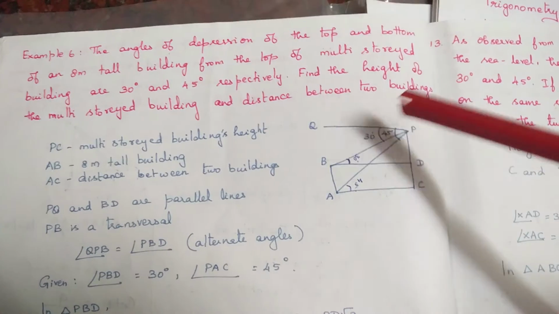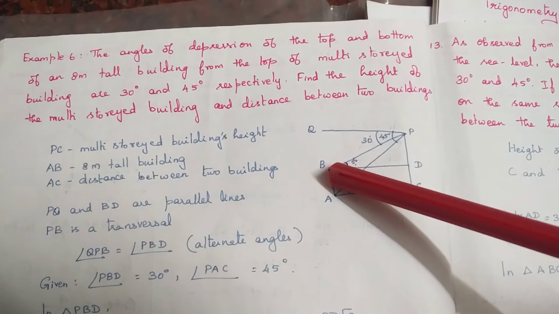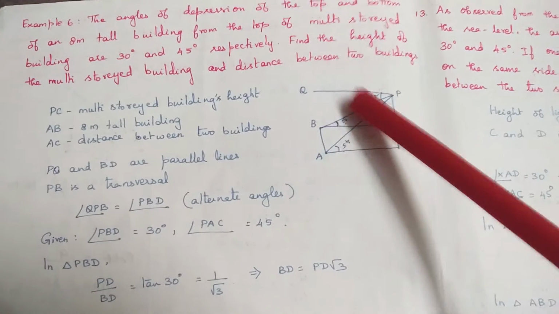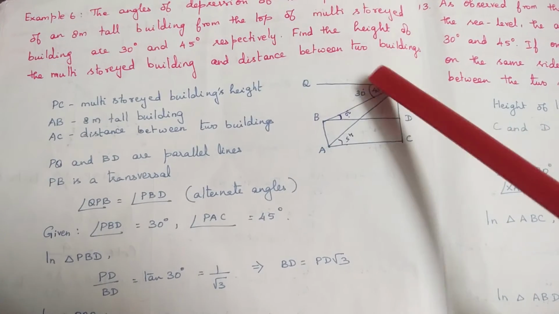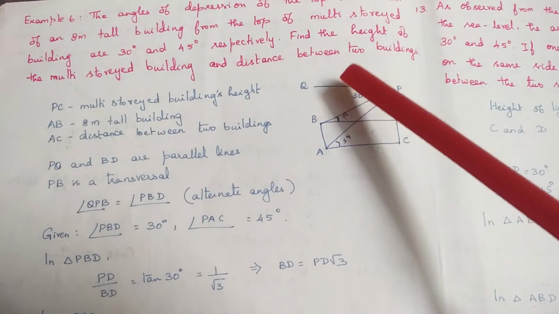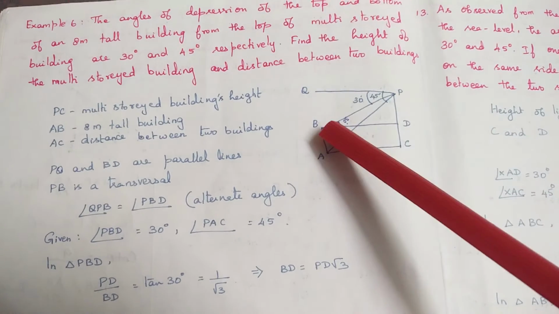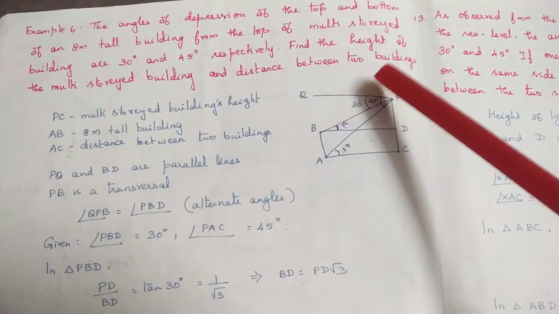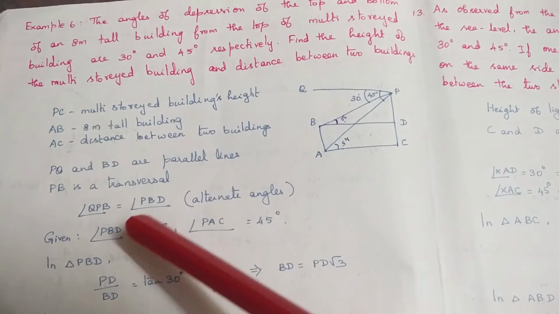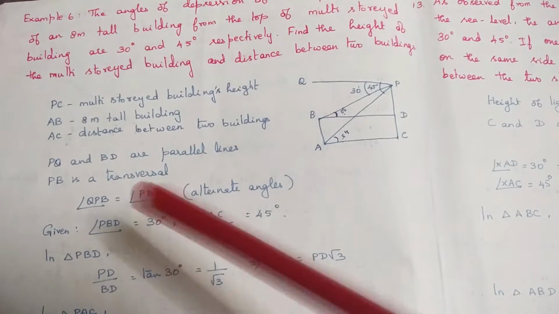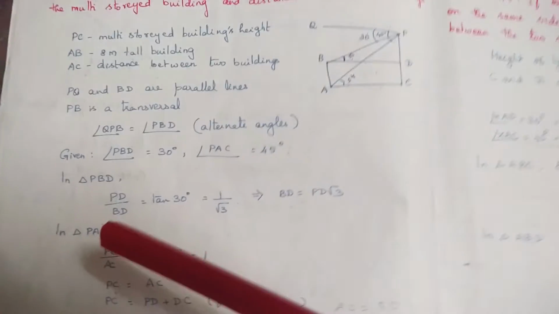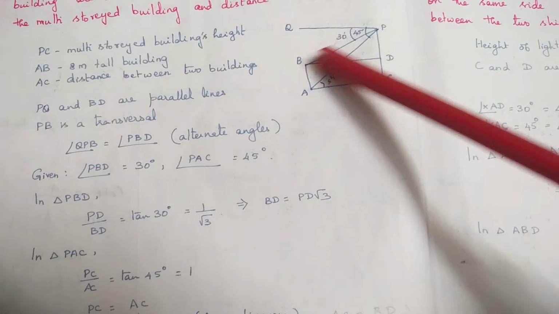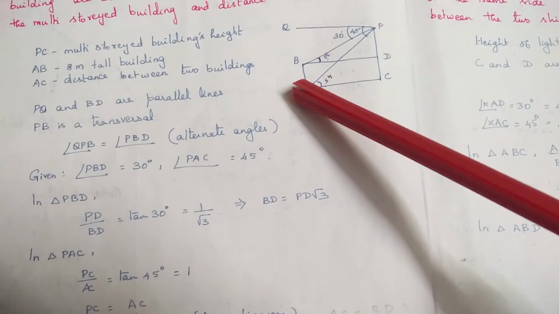You have to see from there itself, down to the top of the tall building and the bottom of the tall building. So these two angles are on the parallel line. If you are seeing this angle as 30 degrees, then since these two lines are parallel, these are alternate interior angles, so this angle and this angle are equal. Same thing this way, this angle and this angle are equal. That's why you have to write it here. Okay, these two angles are given. And then next, in triangle PQD, you have to take these two triangles and another triangle PAC like this.